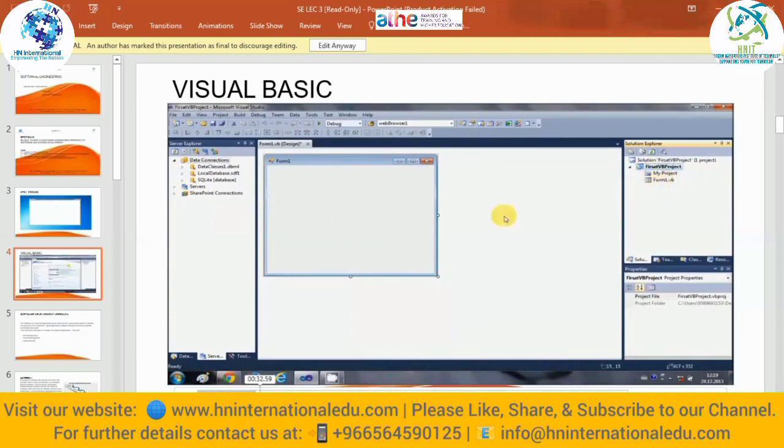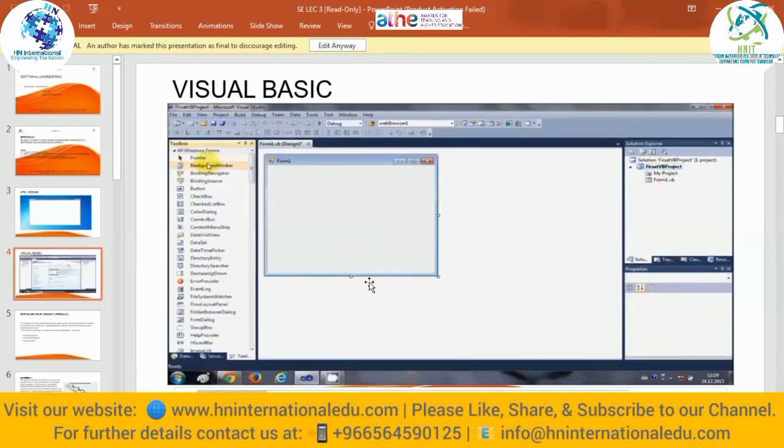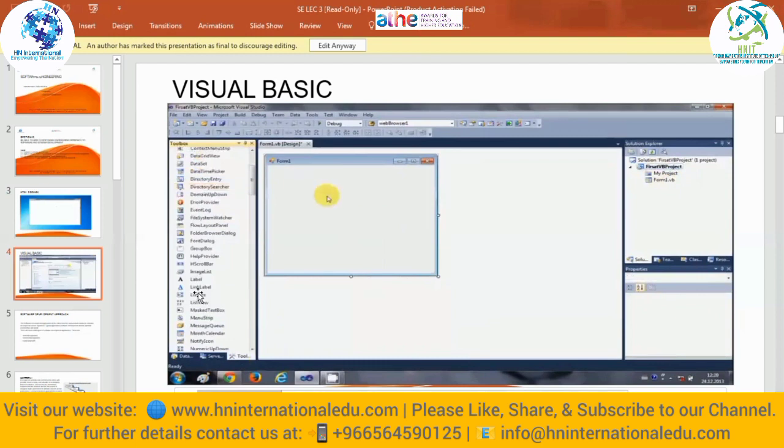Now next, what will we do? We will, now there in the end there is a toolbox. We will open the toolbox and there are plenty of buttons and other things which we can place in our form. There is a link label, there is data grid view, data set, there are buttons, there are text boxes where we can enter anything. Okay,